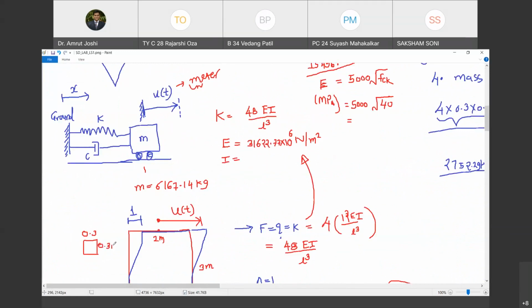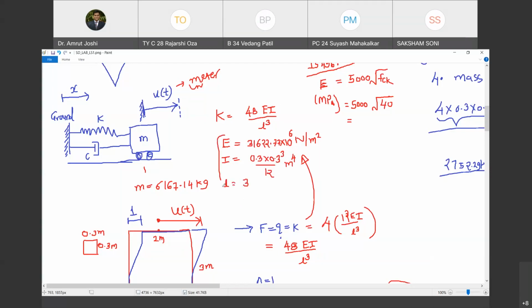0.3 meter by 0.3 meter. 300 mm मतलब 0.3 meter. If this is the cross section, it doesn't matter which dimension is B and which dimension is D because it is a square column. So what is the value of I? I is nothing but BD cube by 12. So 0.3 into 0.3 cube by 12. This is in meter raised to 4. This is the value of I. And what is the value of L? Value of L is 3.